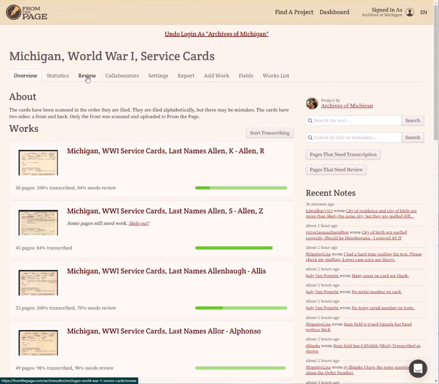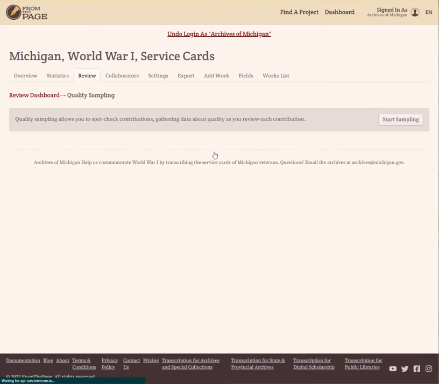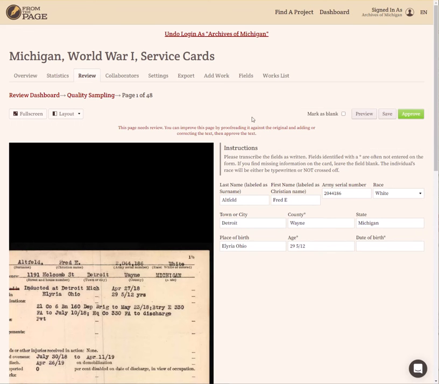And then I can come into the review dashboard. If you're an owner, you'll see this section about quality sampling. If you're a transcriber or working in another capacity, you won't see that. So I'm going to click on quality sampling. And what quality sampling does, I'm going to hit start sampling here because it takes a little while, is it